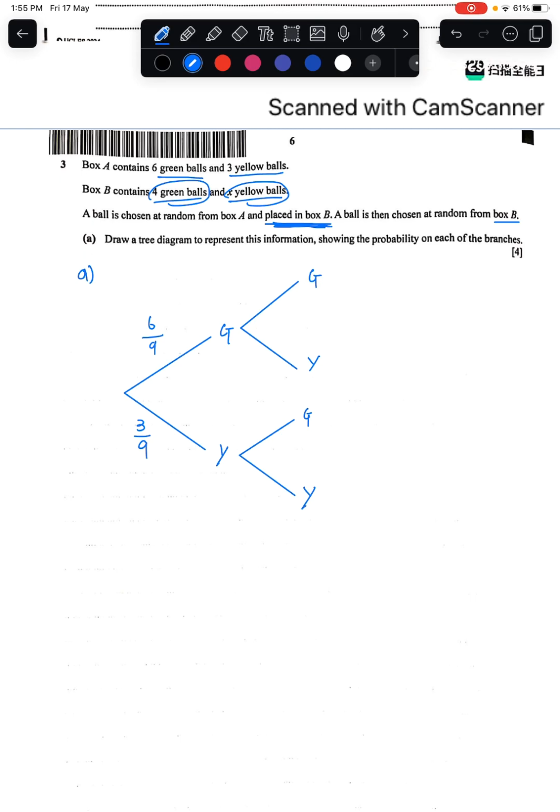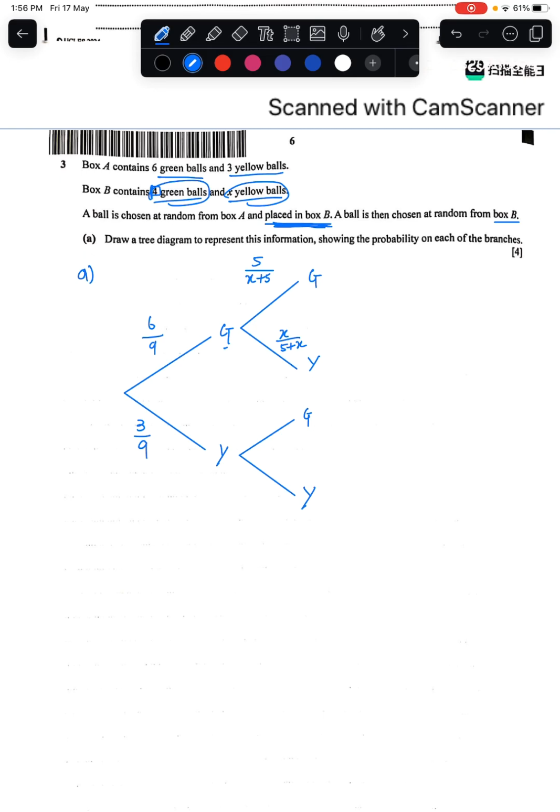Okay, so let's say we got a green ball here. Then the chance of us finding another green is 5 over x plus 5, because box B has 4 green balls, and now we took another green ball, so it should be 5. And the chance of getting a yellow is x, because we have x yellow balls, and it's also over 5 plus x. So for the second part,